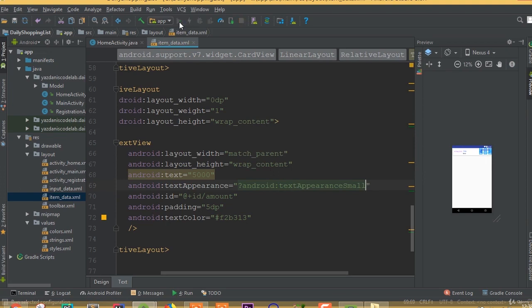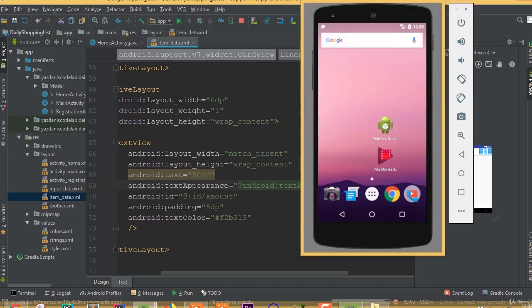And run these apps once again. It will take a little time to complete this Gradle build process. So all done. So now open these apps